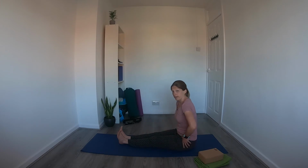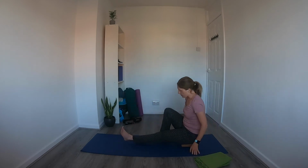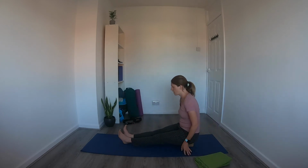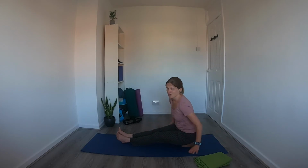So I'm quite tight in the hips, so what helps me sometimes is I can use a block. Just pop it under my sitting bones, and I can just use that, and you can probably notice that I can get quite a bit further into the pose, or it feels like I can as well. Maybe it doesn't look like it. And another option